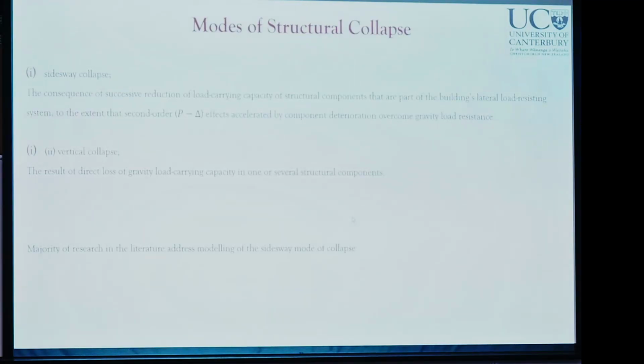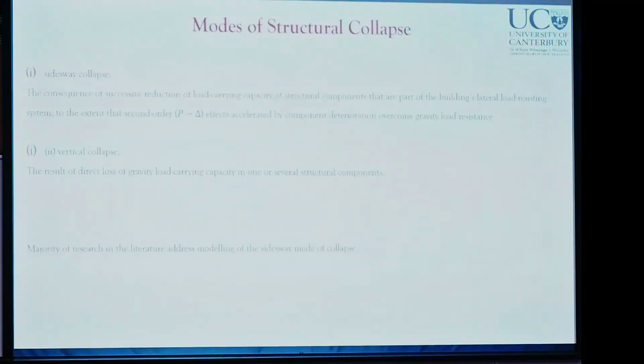Generally, the collapse modes of buildings have been classified in two categories in the literature: sideways mode of collapse and vertical mode of collapse. Sideways mode of collapse is a result of the reduction of load carrying capacity of structural components due to excessive P-delta effects, accelerated by the degrading behavior of structural components, which eventually overcome the gravity load carrying capacity of the building. It happens typically for ductile buildings, and it happens at really large or very large